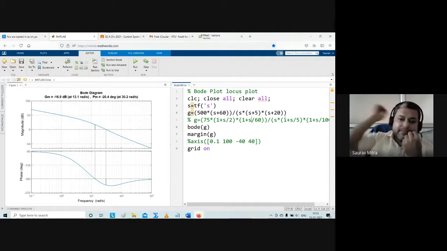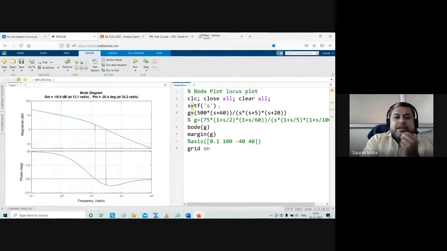But in this case, this 60 zero is coming after all the poles. So this is the problem we are facing, that after all the poles this zero is appearing. So first we are allowing the system to cross the minus 180 line here. This is the omega PC, which is around 30.2 radian per second. You are finding omega PC is coming first, and at 30.2 the amplitude is quite high. So gain margin is negative, because you are already past omega PC.